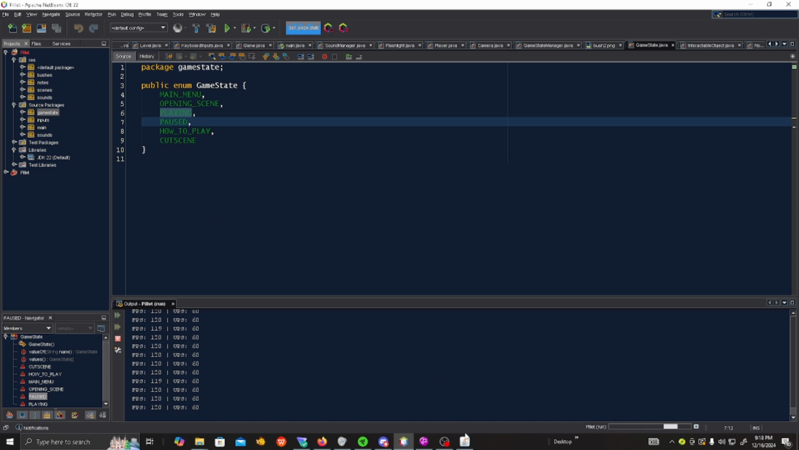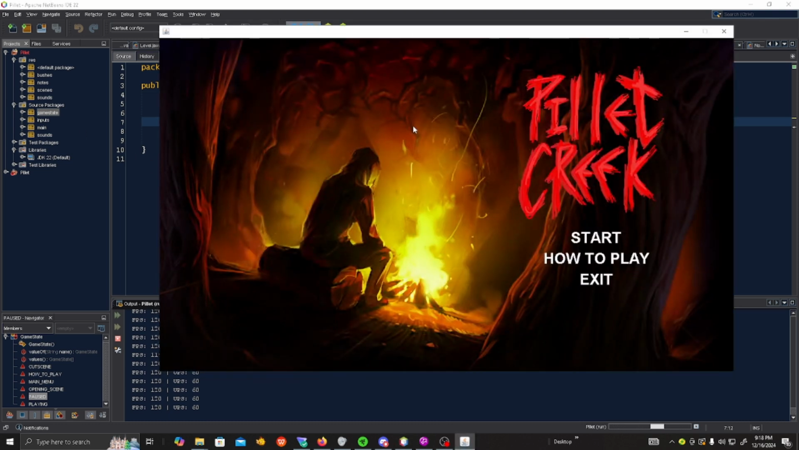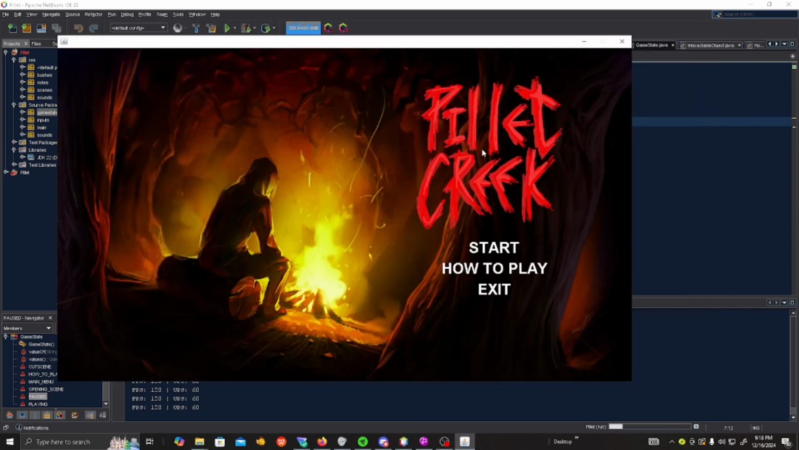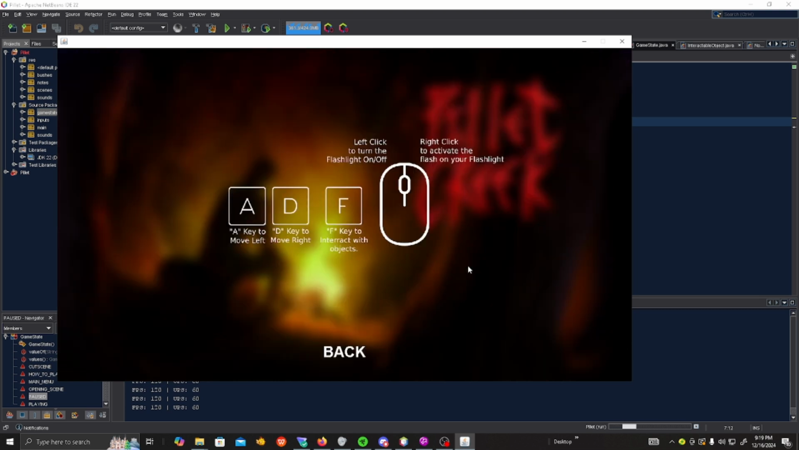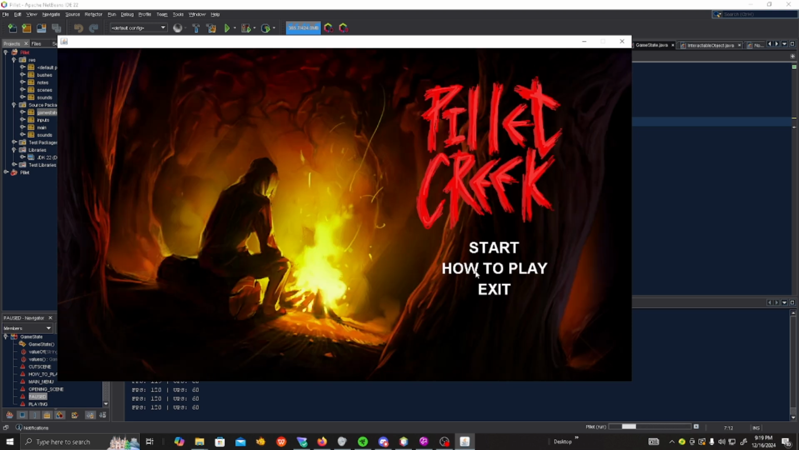So now I have to show you inside the game. So this is Billy Creek. There's not really much inside the main menu, but this is the how to play screen, it's very simple. And this is the exit button. So if we were to start right now,